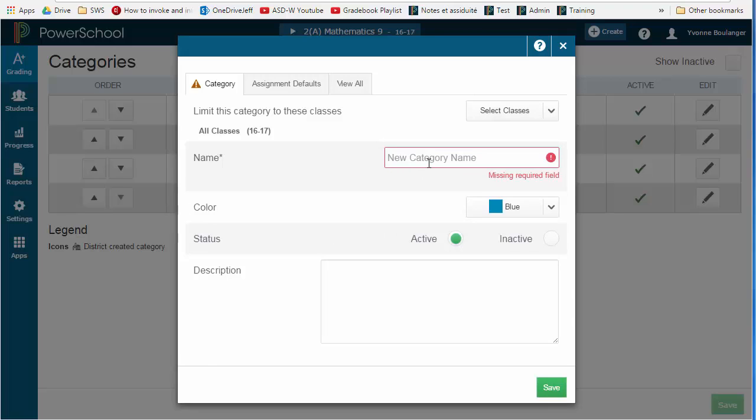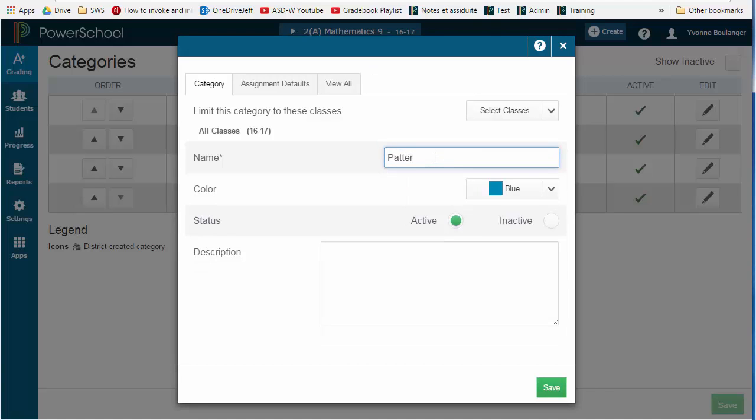So you give your category a name. Then you can give your category a color. You can make it active or inactive. We'll look at that a little later. You can give a description for that category if you want to. Then on this Select Classes,